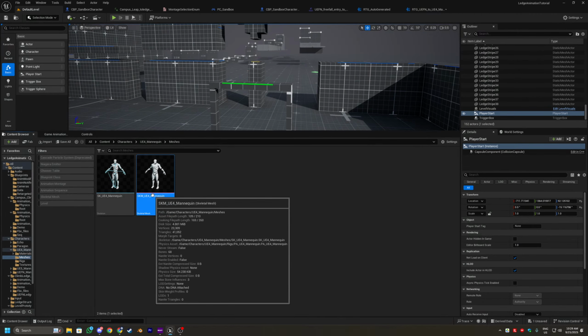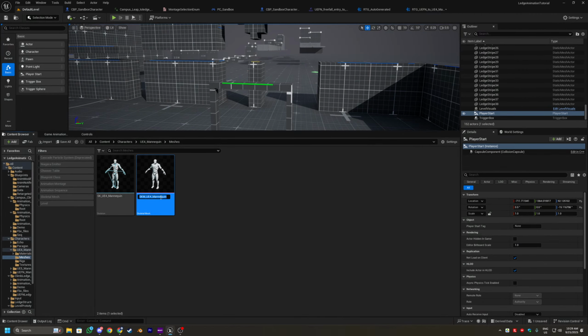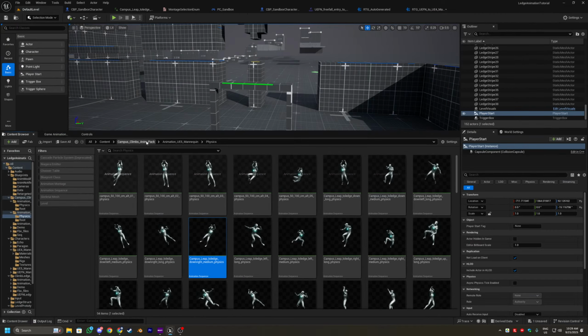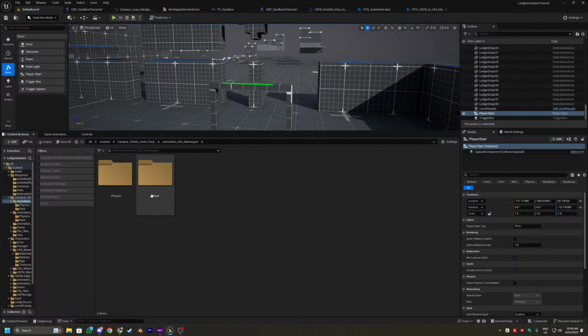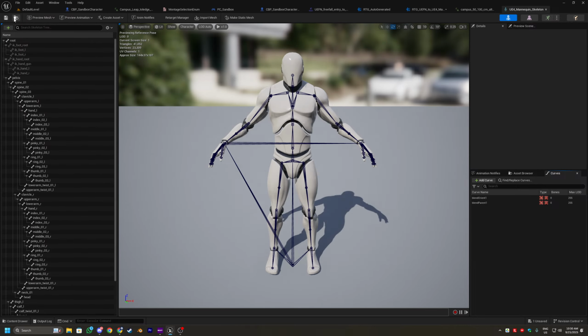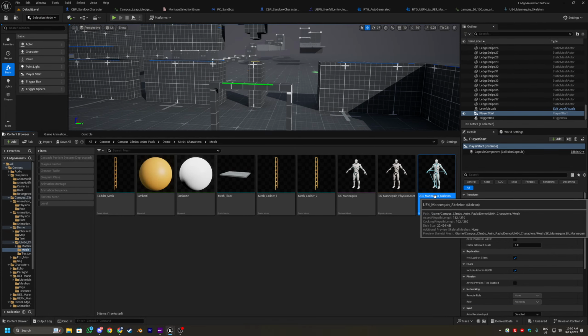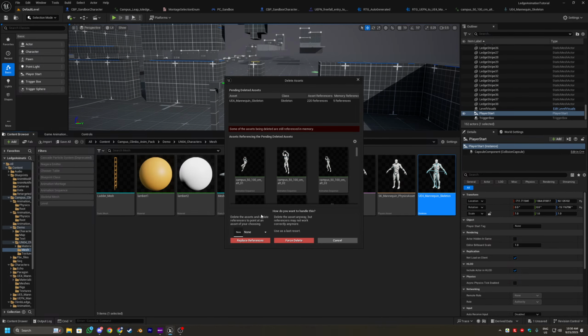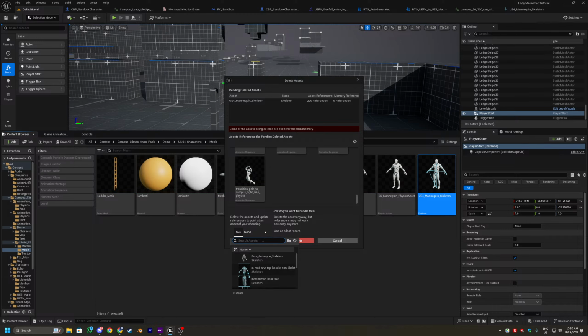So what I'm going to do in here is delete something, because we have two skeletons in here, and the other one is the UE4 mannequin skeleton from the Campus Climb animation pack, and that's okay. If you try to delete that skeleton, as you can see, it's also going to delete all these animations in here. It's going to delete all the skeletons, but